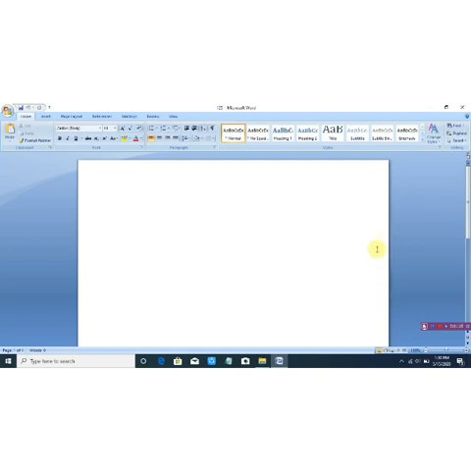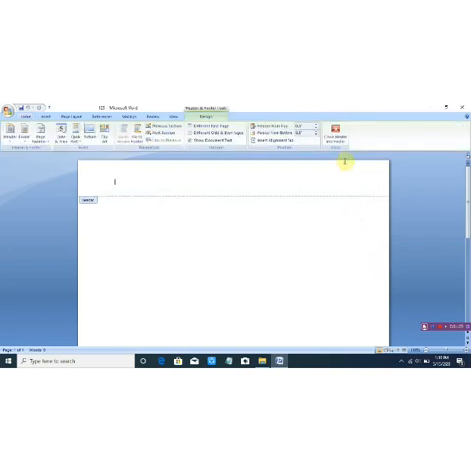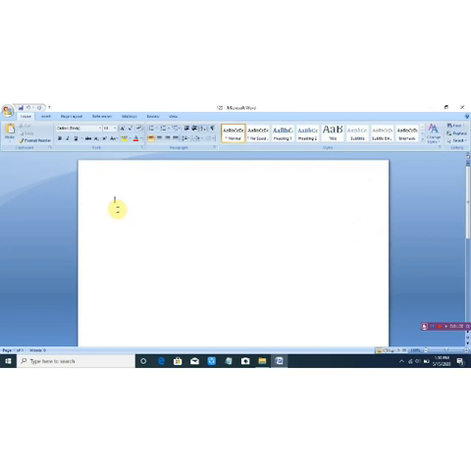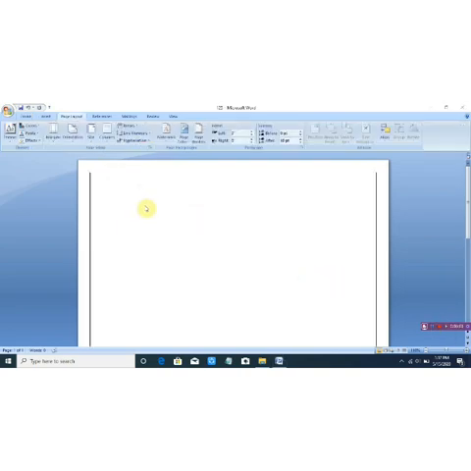Means the page is kept in portrait size, right, for writing the content. The content is added within the standard margin of 1 or 2.54 from the top. What is the standard margin?